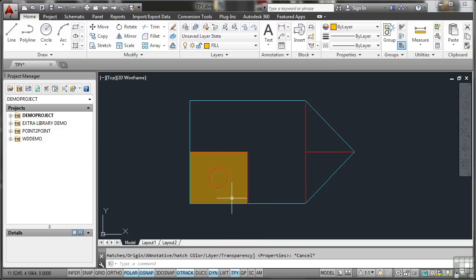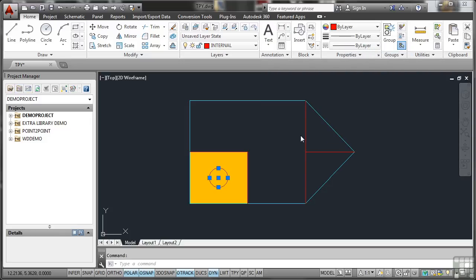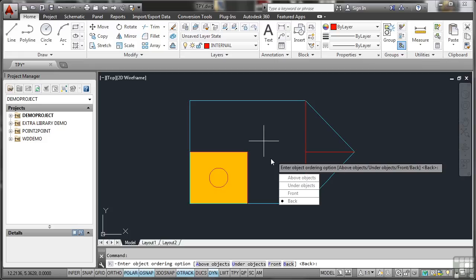But the nice thing about that is when you've got lots of hatches and lots of fills on a drawing, you can see the things underneath, in this case the circle. Switch that off. Because I've already switched transparency on, that circle will always be there. But if I select that circle and then I right click and here go to draw order and send that to the back, and hit escape, because I've set the transparency for that, I obviously see it there sitting on